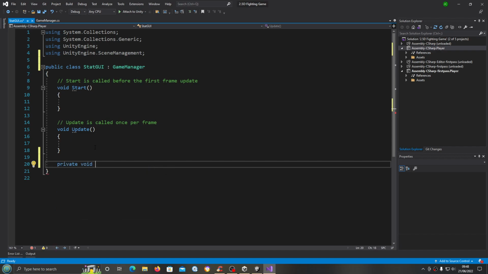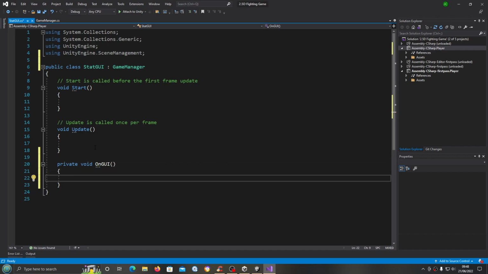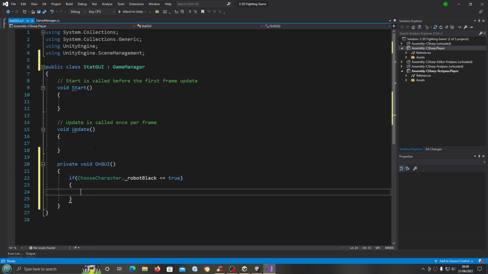We'll create of type private void OnGUI. And choose character equals true. We'll open and close brackets. So we can say if